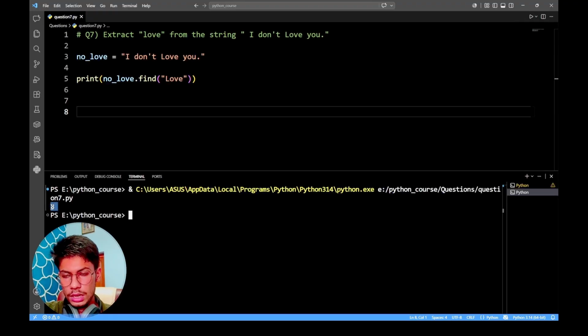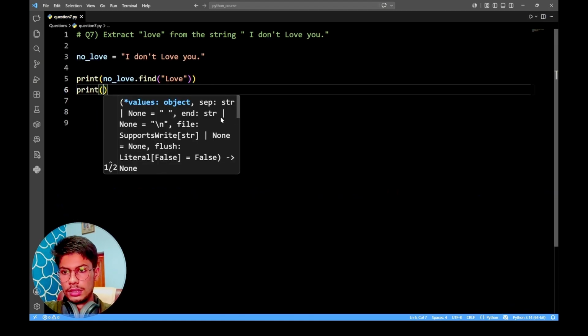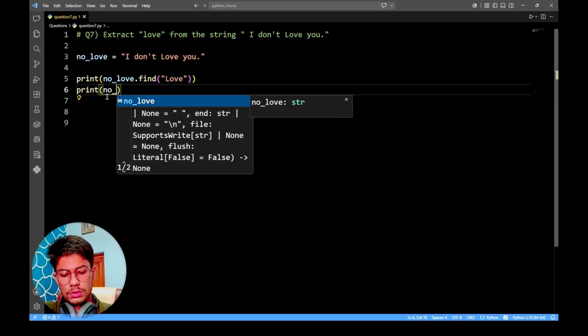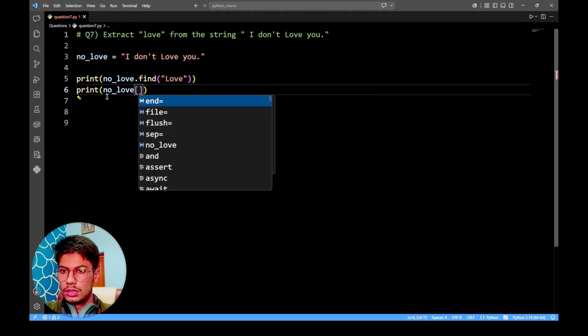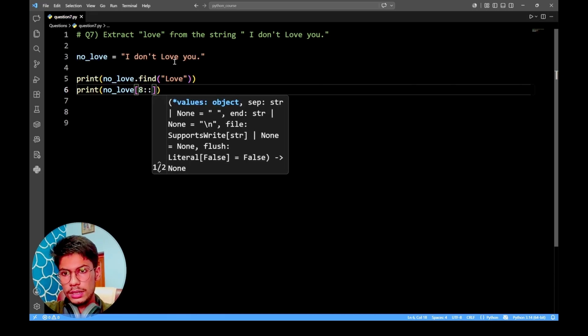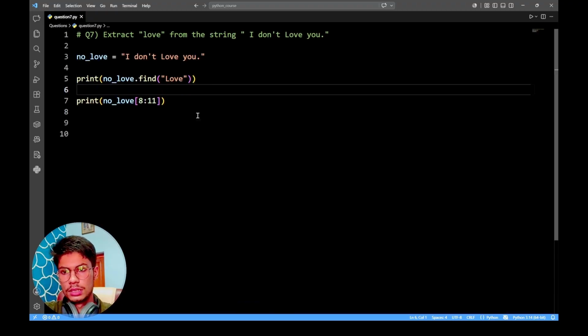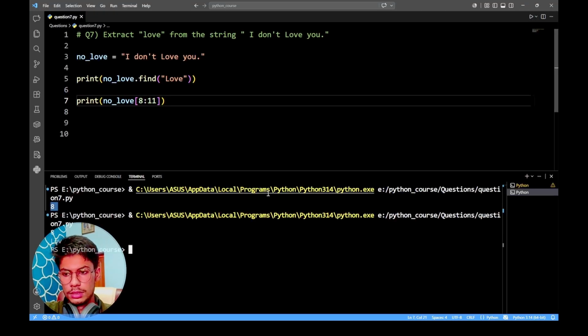So it says the word love starts from index 8. Now I will be printing the sliced part, that is no love, then square braces, then I will be using 8, and then from 8 it will end up at 9, 10 and 11. So 11, and when I'm going to run this code, you will see that LOV is printed because I actually